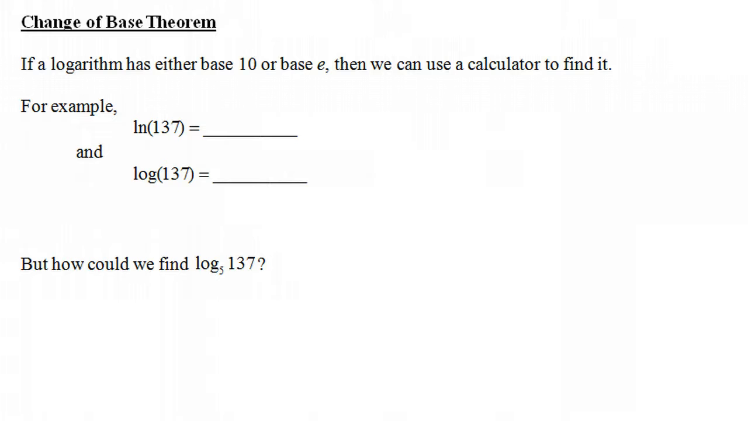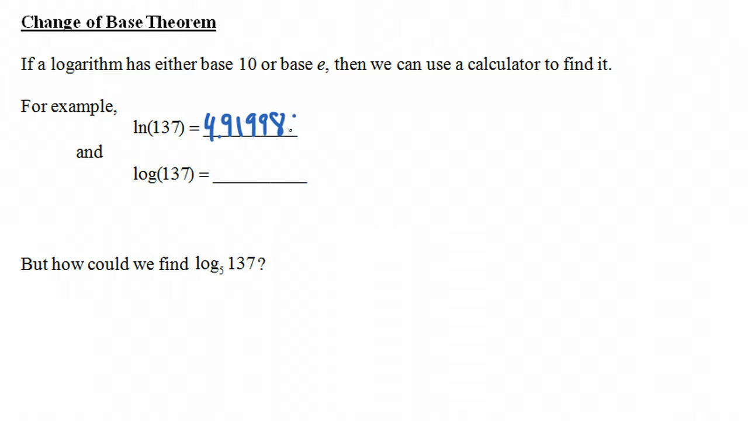In this video, we're going to talk about the change of base theorem. Now, if a logarithm has either base 10 or base e, then we can use a calculator to find it because our calculator has a natural log button, a log base e button, and also a log base 10 button. So, for example, in my calculator, I typed in natural log of 137, and I got some crazy decimals,